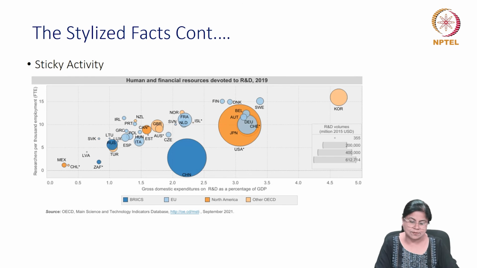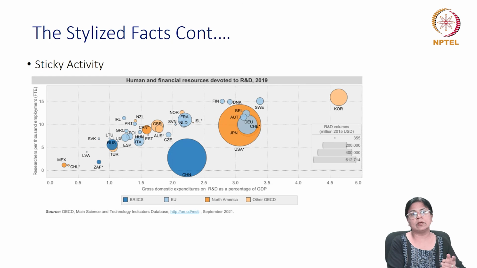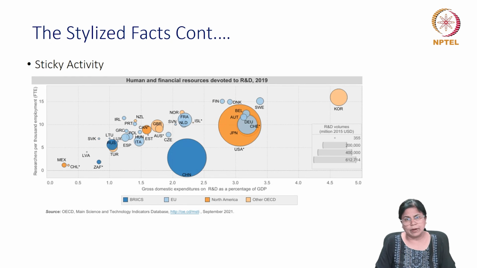So you find a situation whereby a lot of resources are being devoted by a few countries towards research and development. Clearly, whether a country is able to spend that much on research and development depends on various factors. Studies have shown it depends, first of all, on the availability of resources and of human capital itself, and then also on the engagement with research and development activity. The current situation, which has existed for quite some time, highlights the concentration of research and development activity in a few countries.